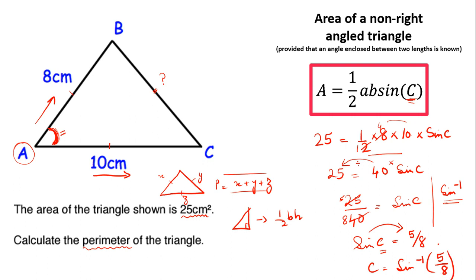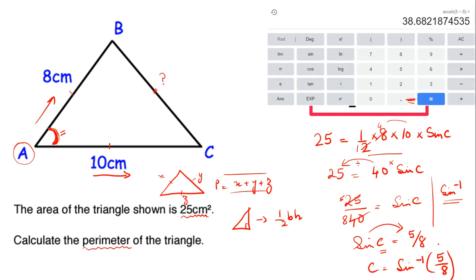Now, coming back to my scientific calculator, you got to make sure that your calculator is set on degrees. That's the first thing that you have to be careful about. Secondly, I'm just going to click INV, that is the inverse. And then once I click INV, I will be seeing something like this: sine, and there will be a minus 1 on top. So I'm just going to select INV, and I'm going to select sine minus 1. So sine inverse of 5 upon 8 gives me